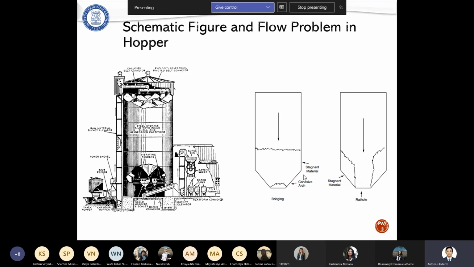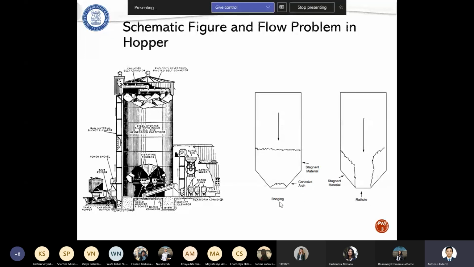Why? Because the stagnant material blocks the outlet. So even though we put in solid material, it cannot go out from this point at the bottom of this conical system.